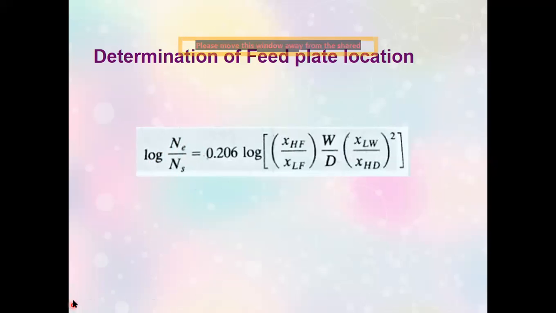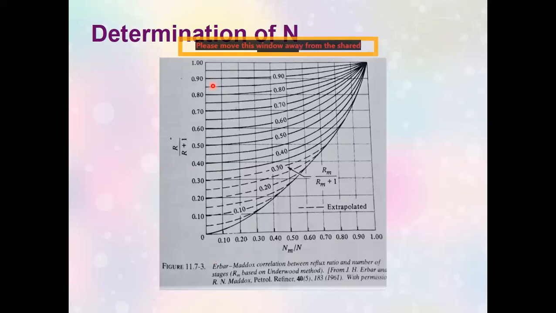So actually, these are the only two things that you need to work on. That way you can find the theoretical number of stages, the feed plate location, and the number of plates in your enriching section and in your stripping section. If you would be asked, knowing already the number of plates in the enriching section, you're going to add 1 to it. That would be the feed plate location, because your feed plate is the first plate in your stripping section. So if you saw that n sub e is 10, then your feed plate is the 11th plate, which is part of the stripping section already.